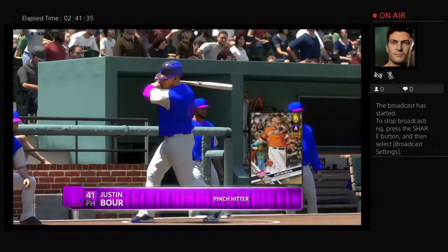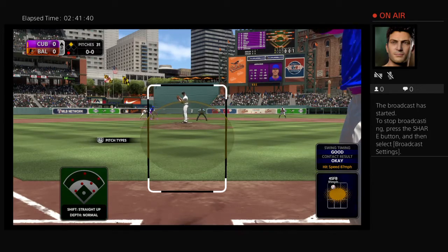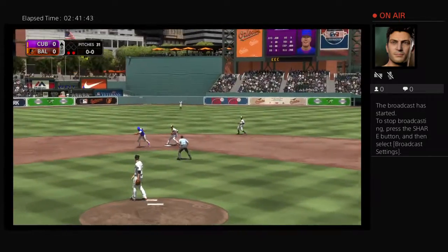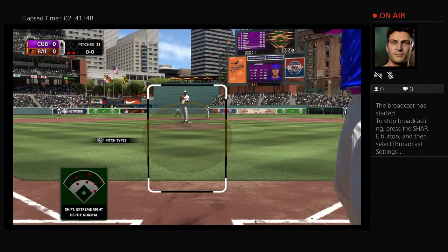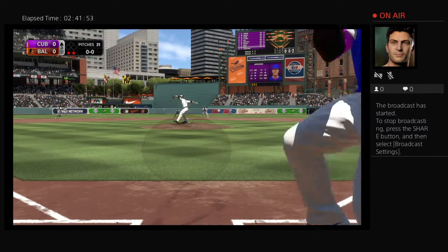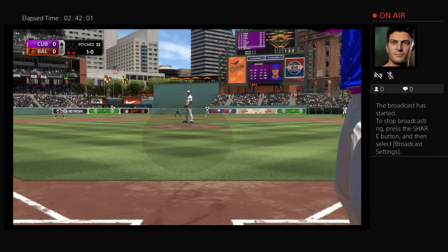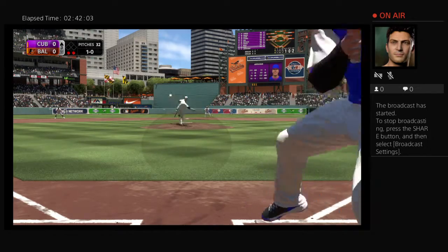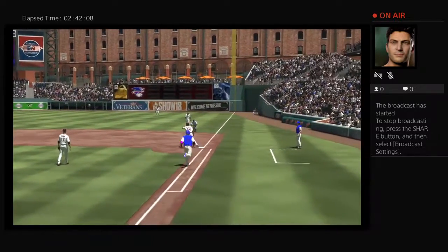Justin Bohr will get a chance with a runner in scoring position here as he'll pinch hit now with one away. Pickoff move to second, and they got him at second base on a good, smart play that time. Now a check swing, but he holds up in time. Ball one. Grounded sharply, but right at that loaded side of the infield. Throw to first in plenty of time, and the side is...